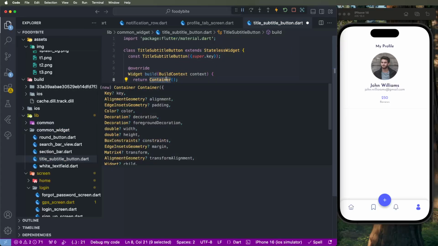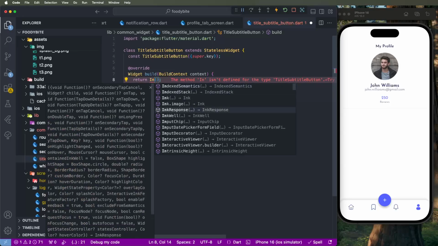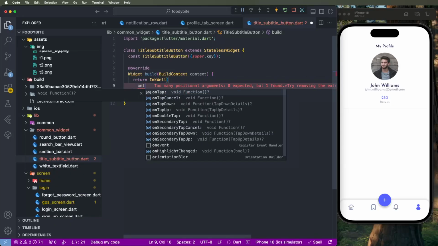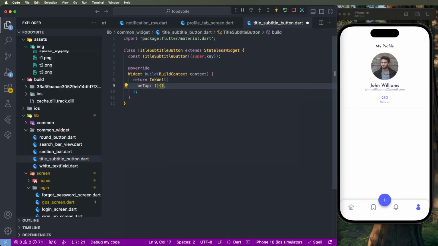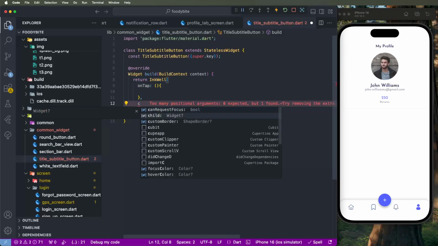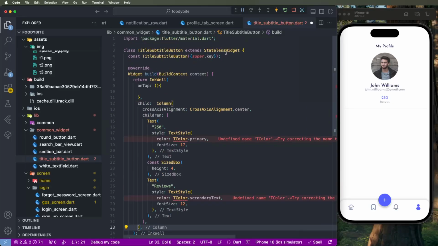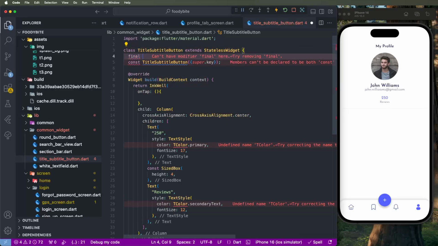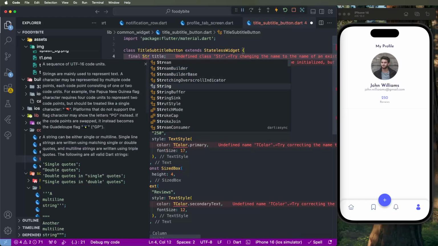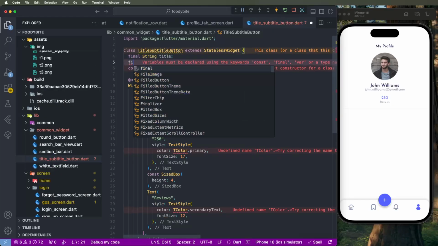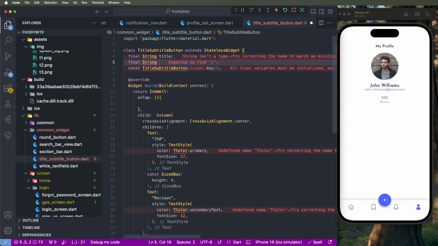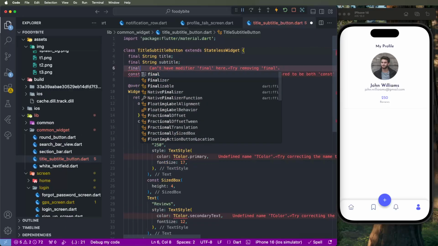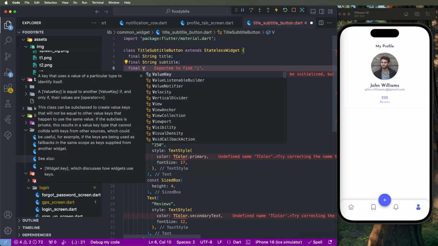We need to create here the inkwell on tab event, and create here the childs. Paste this code here. Now need to set here some final variables where title, as I need to pass this here the string, and final string dot subtitle, and last one is void callback